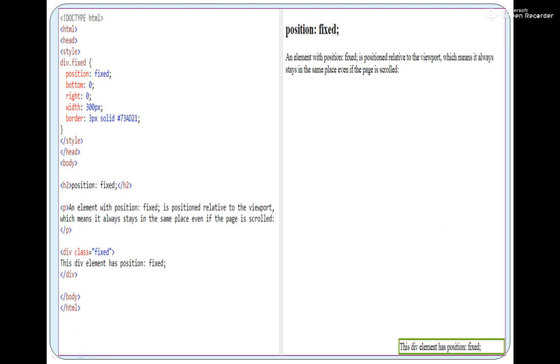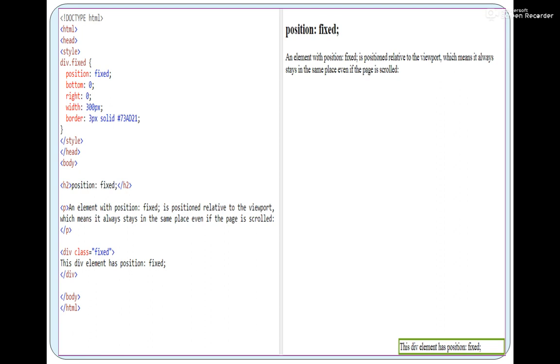And this width means how much width I want for this element, and the border is again green color and 3 pixels wide. So understand that since I am using fixed and I have given some values, this page is showing this element at the current position. Now how will you understand that this is fixed in the output?